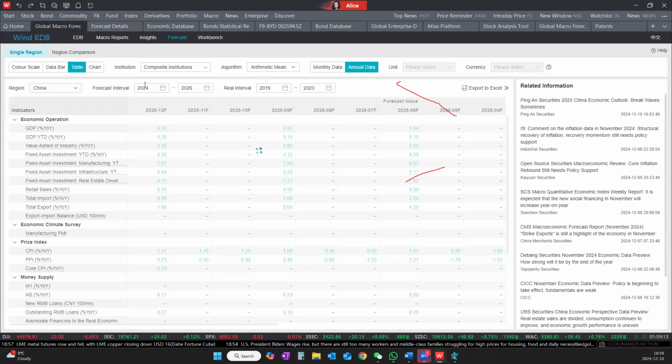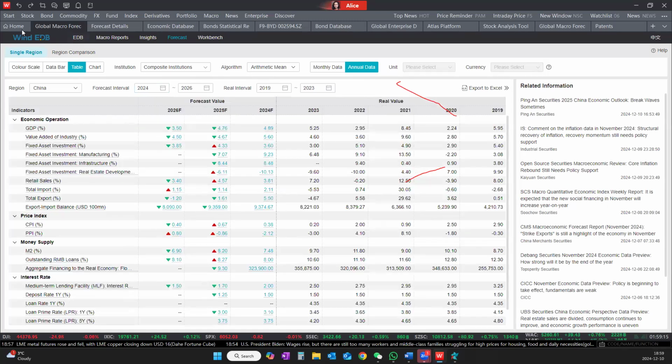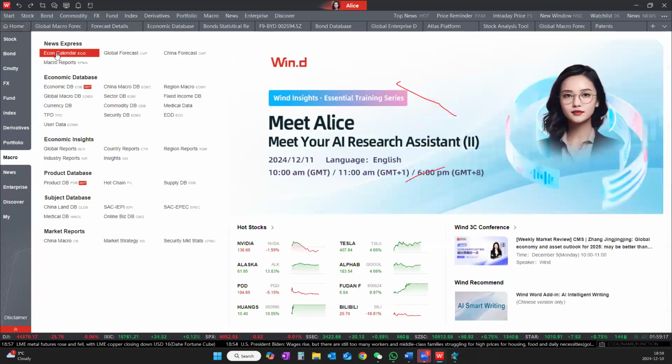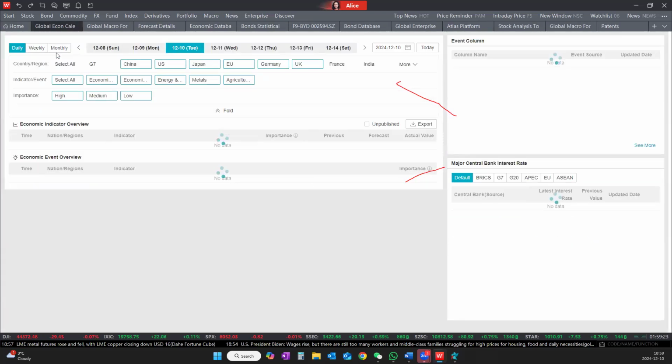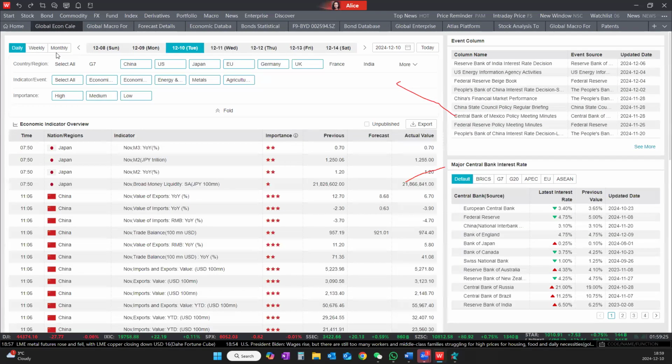This is the forecast part. However, I understand that when you do research, you want to know what will happen in the world. So we have this global economic calendar. With this calendar, we provide 3 frequencies: daily, weekly, monthly. We provide the historical information, and we also provide you with the